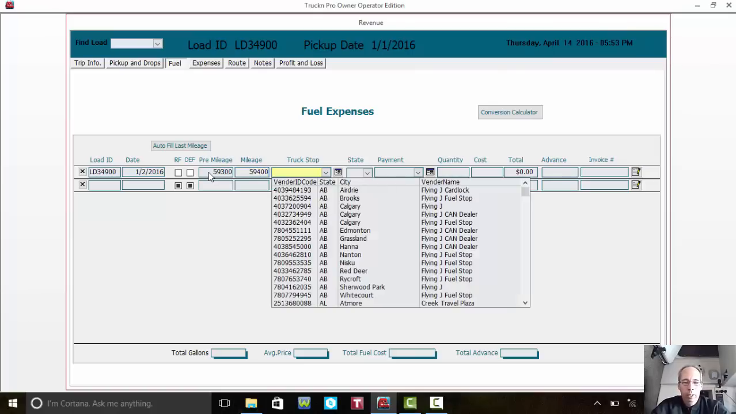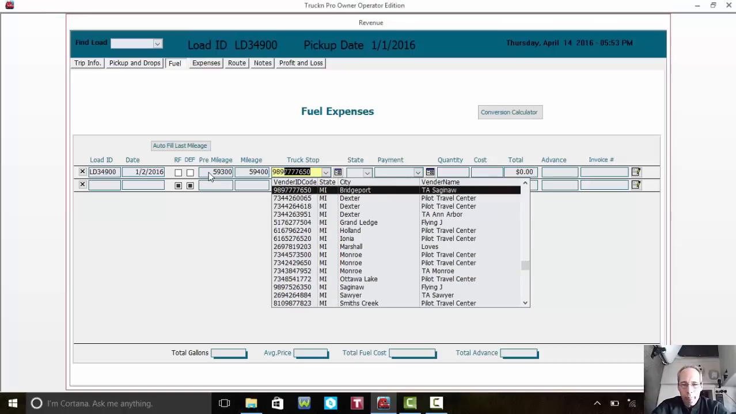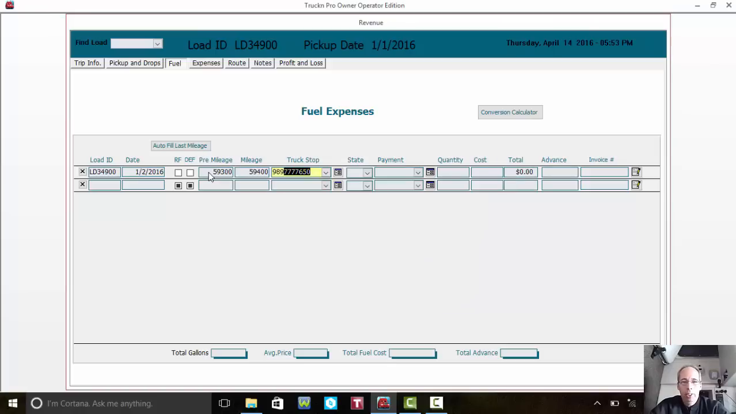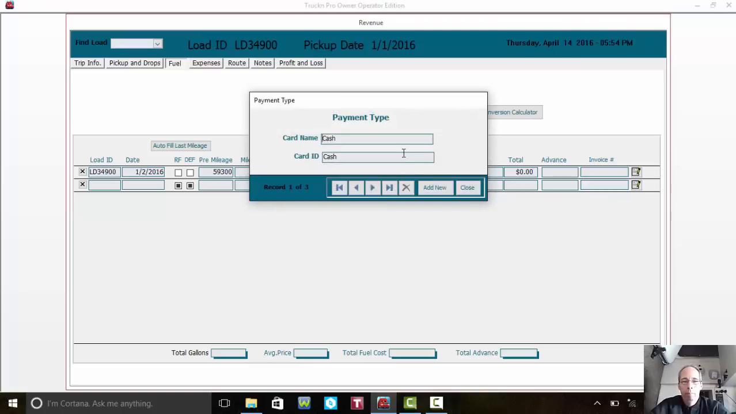And then you put in, from your receipt from the truck stop, the phone number. So if it's 989, it'll start bringing up this list from the zip code. So if you got it from the TA in Saginaw, Michigan, you'd hit that button. It automatically fills in the state for you. Tab over here. And if you get a cash, CompCheck, or EFS, you put that in there. If it's something else, all you got to do is hit this button here, add new, and add a new